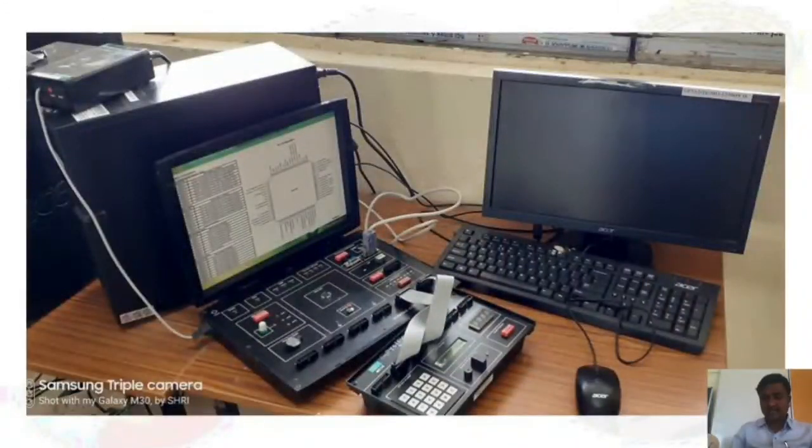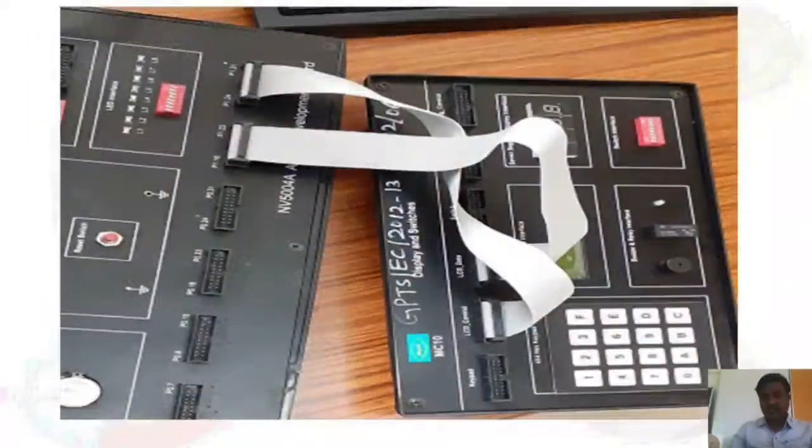See, this is the connection setup. Pins P1.24 to P1.31 are connected to the LCD control. See here this diagram as we have shown it here. P1.16 to P1.23 pins, using FRC cable, we have connected to the LCD data of the MC10 switch socket, and P1.24 to P1.31 pins of the ARM7 kit, using 20 pin FRC cable, have been connected to the MC10 display switches socket of LCD control. This is how we have to make a connection setup.